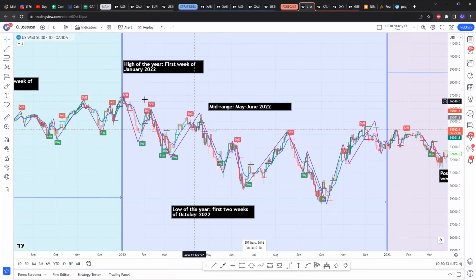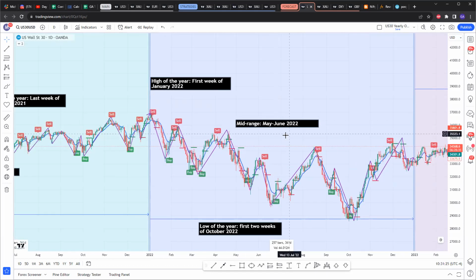Then what you're looking for is to draw these zigzags, from a buy to a sell, or from a low area to a high. That's going to form those zigzags. Then after those zigzags are formed, identify the high of the year and the low of the year. Then the next thing you'll do is divide the amount of months between the high and low of the year by 2. What that will give you is this mid-range. Then what this is telling you is that during this time in 2025, 2021, 2015, 2016, gold